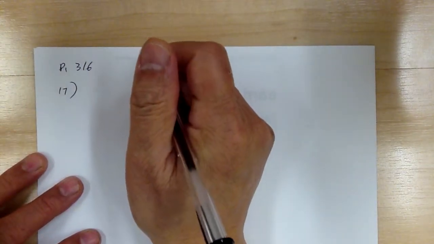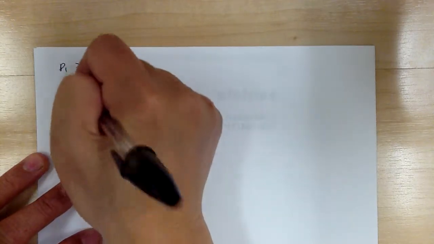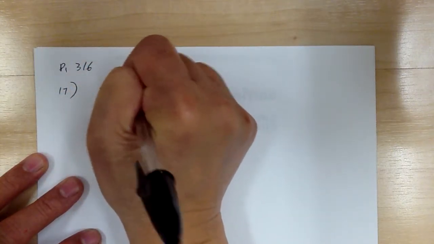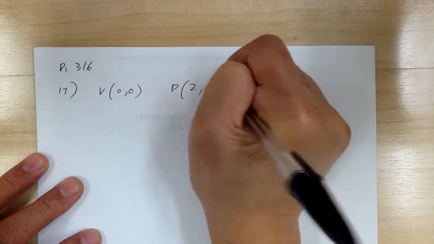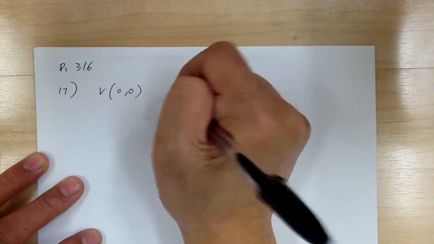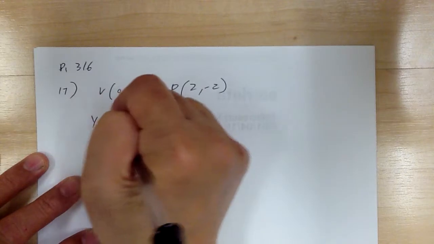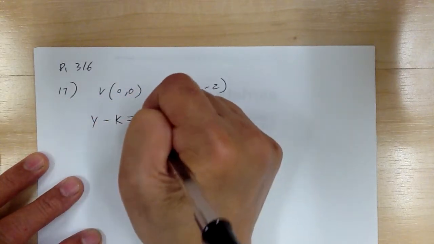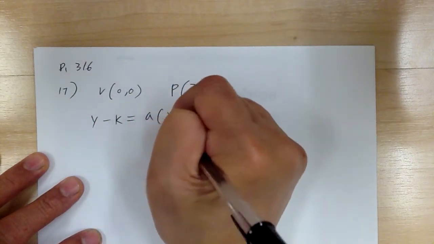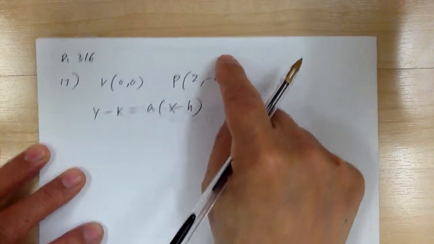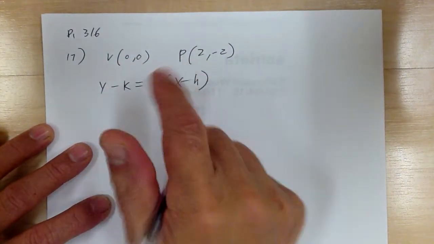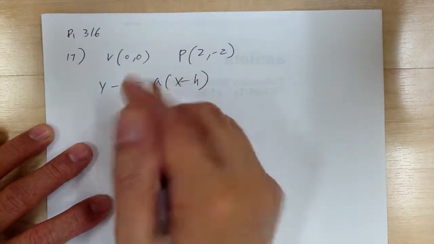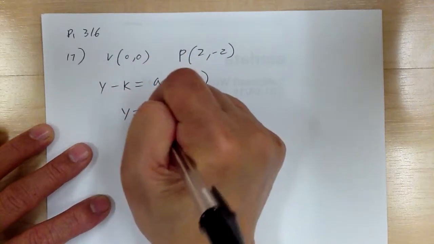Okay, so 17, you're looking for the equation. So it says the vertex is in the origin, and it has a point 2, negative 2. So what you want to do is start with your equation, start with your template, and you start to apply the information. So vertex is 0, 0, so that's your 0, 0. So using these, you can reduce your equation becomes